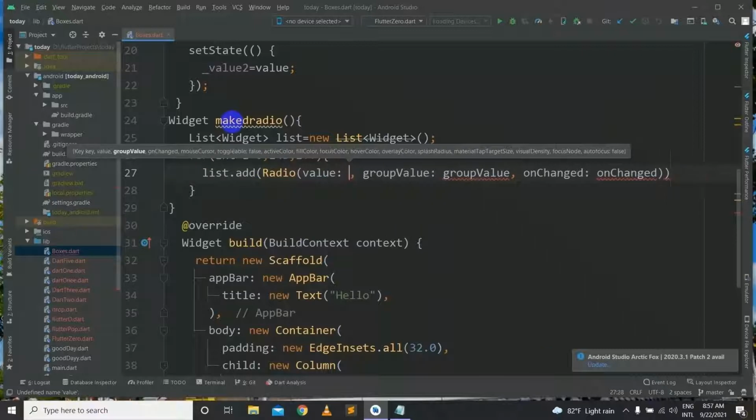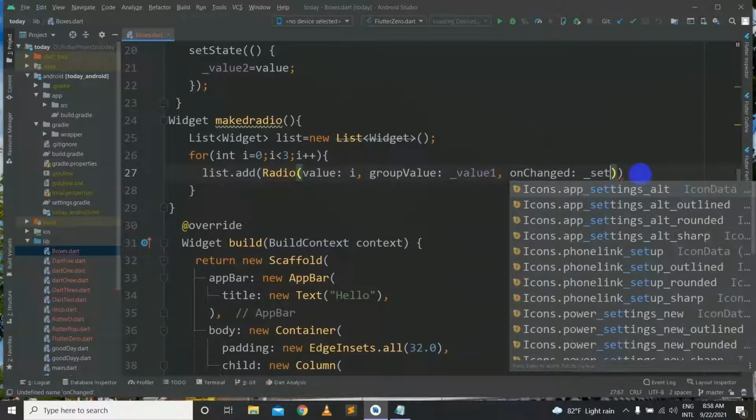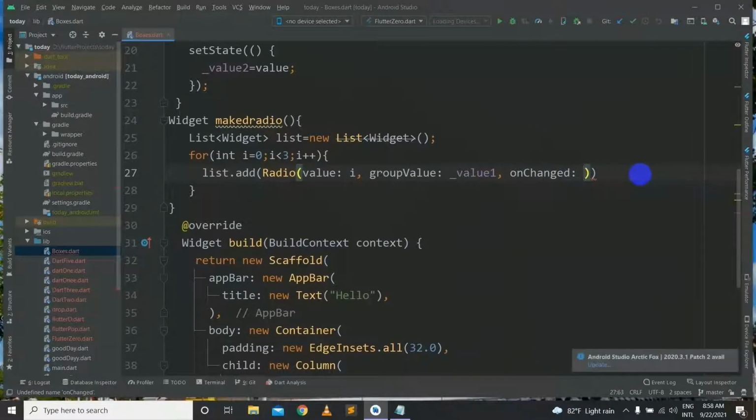For the value we will give i, and for the group value we will give _value1. For the onChanged we will give the setValue1 method.